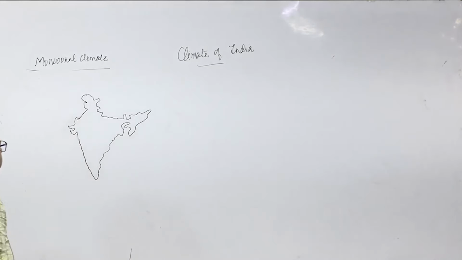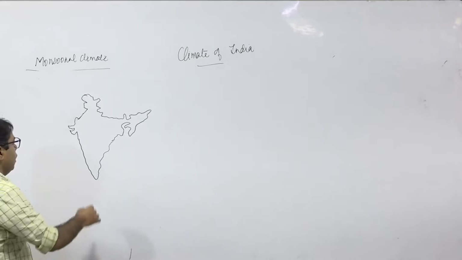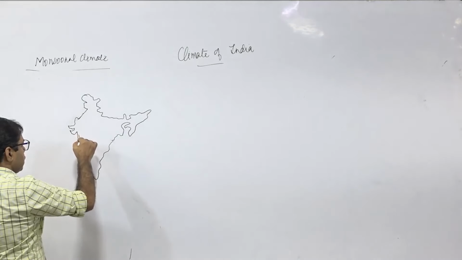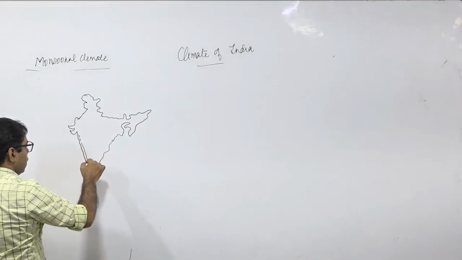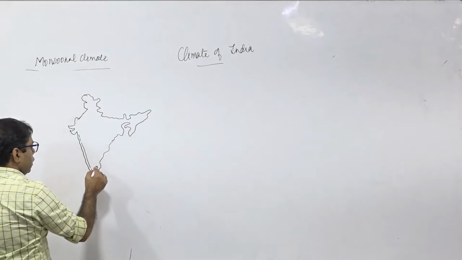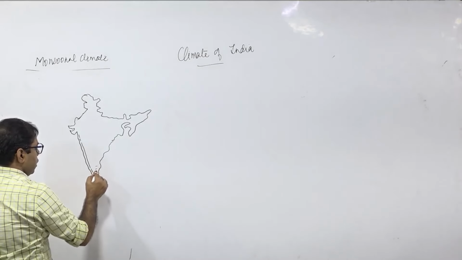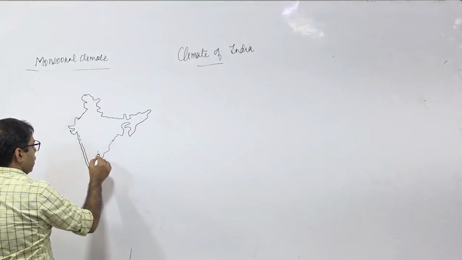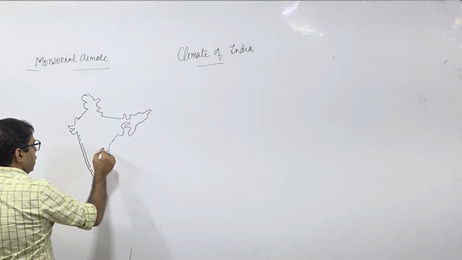So, rainfall pattern in India. On the basis of orographic extension, there is the Western Ghat, there are some gaps in the Western Ghat, there is the Southern Hill Complex, then after that the Eastern Ghat,